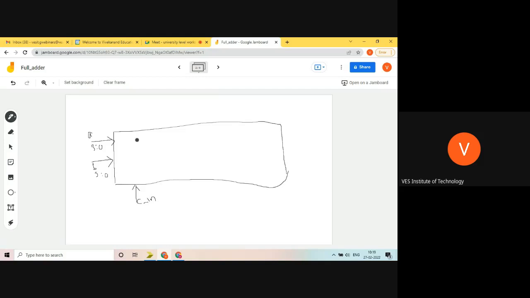Now I have 4 full adders inside. I wanted to instantiate 4 full adders like this. Now this A and B, I will write something like this. Basically, these are the inputs. This is A, B, 4 inputs.